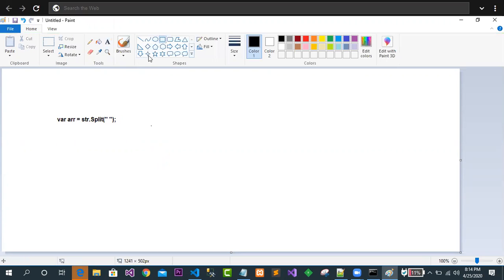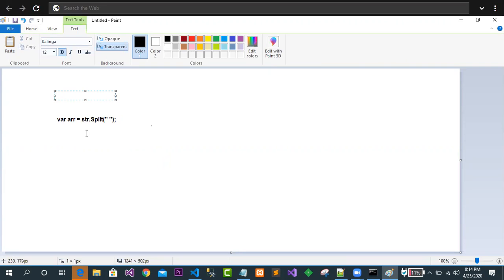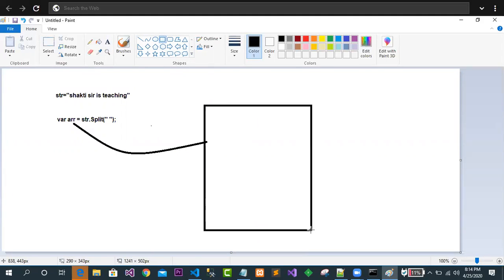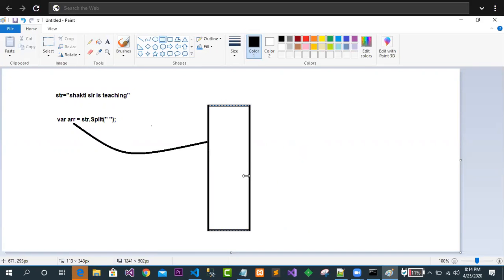So this str contains, okay, Shakti, sir, is, teaching. This is the thing that is written here. Once the split has been given, it will split when it finds any space. It means that this arr will turn into something like this. Let's say this is an array, and the first value will be Shakti.